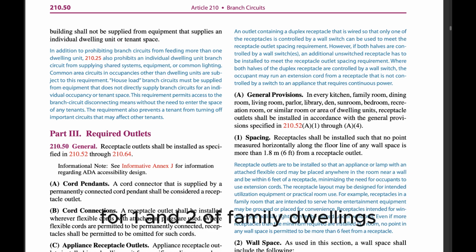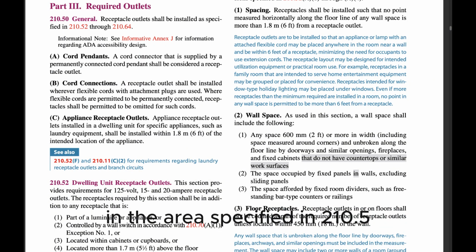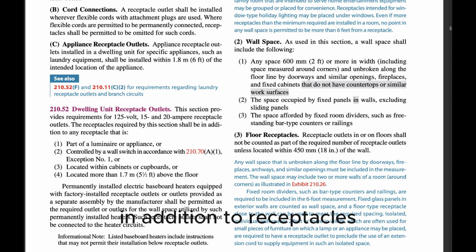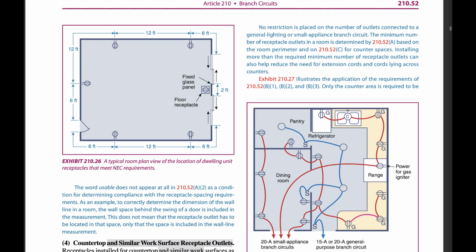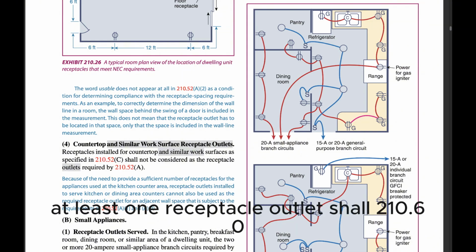(G) Basements, garages, and accessory buildings. For one- and two-family dwellings, at least one receptacle outlet shall be installed in the areas specified in 210.52(G)(1) through (3). These receptacles shall be in addition to receptacles required for specific equipment. (1) Garages. In each attached garage and in each detached garage with electric power, at least one receptacle outlet shall